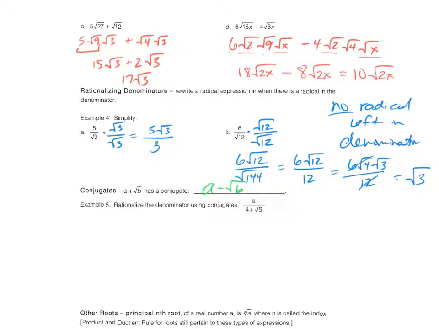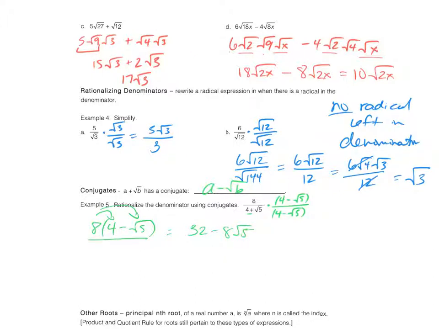We're going to start out the same way as we did in example 4, where we're going to multiply by a special form of 1, except now, because we have an addition sign in our denominator, we're going to use the conjugate instead of just the same value. So we're going to multiply by 4 minus the square root of 5 over 4 minus the square root of 5. So when I do that, the top of my fraction now becomes 8 times 4 minus the square root of 5, and I'm going to distribute that, and I get 32 minus 8 times the square root of 5,